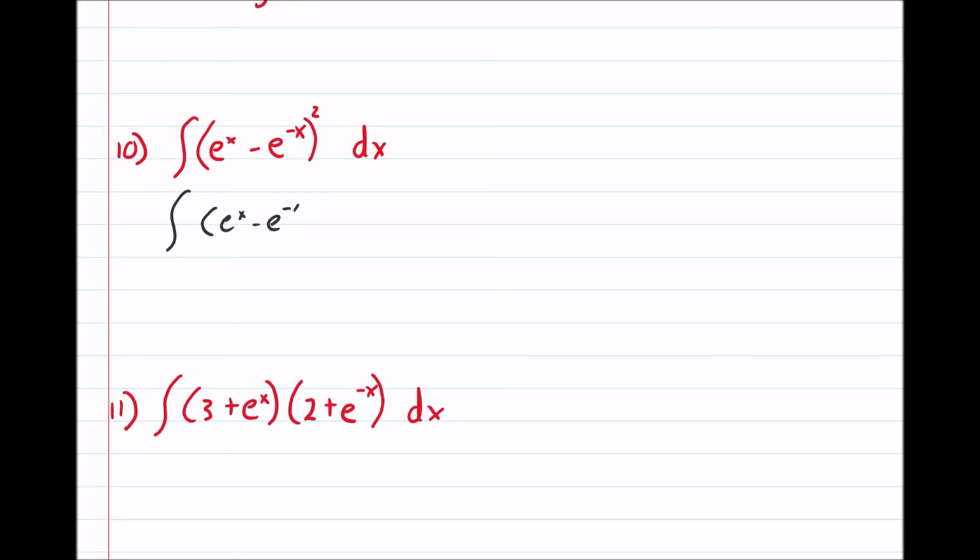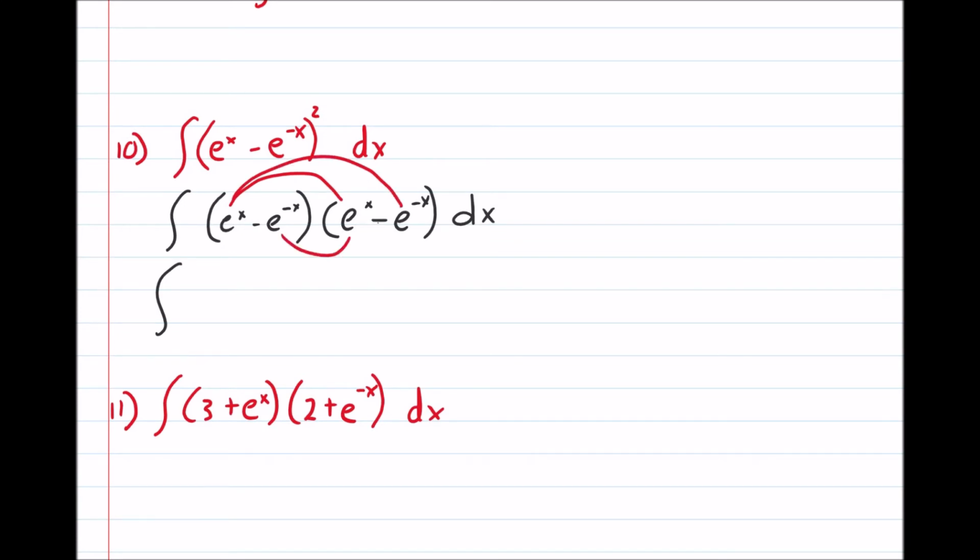Right, so e^x minus e^minus x multiplied by e^x minus e to the power minus x dx. And if I multiply this by this, this by this, this by this, and this by this, I will get, well, I'll do it out, we'll get e^x all squared, and then we have minus e to the power of minus x multiplied by e to the power of x. Okay, so I'll show you that. So it's that by that, and then that by that,